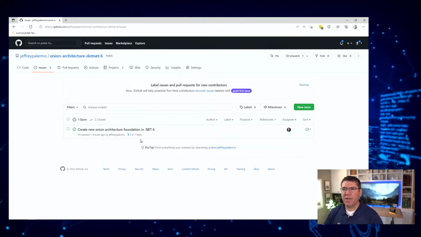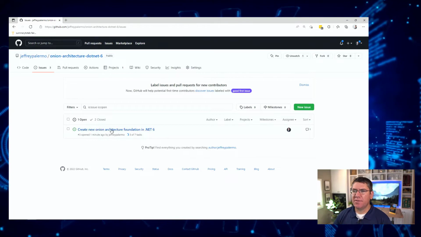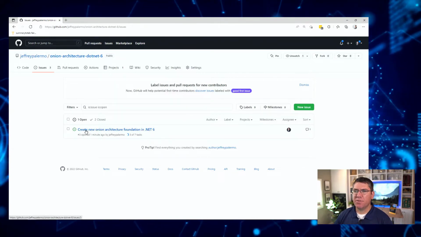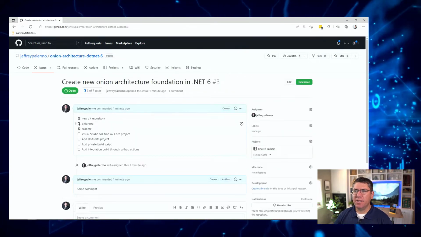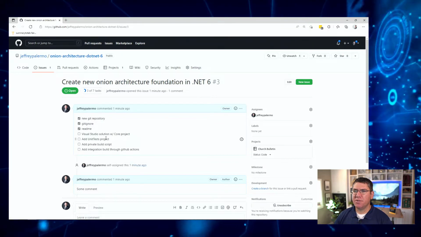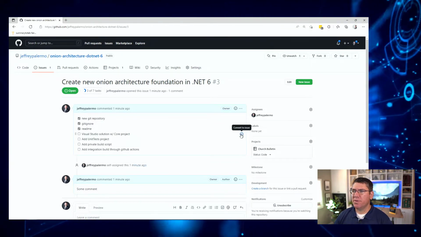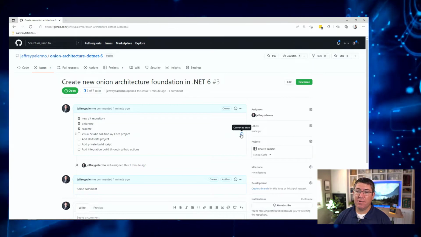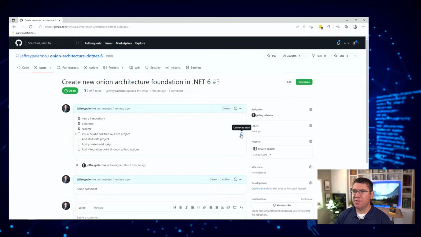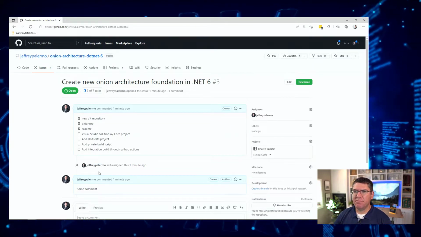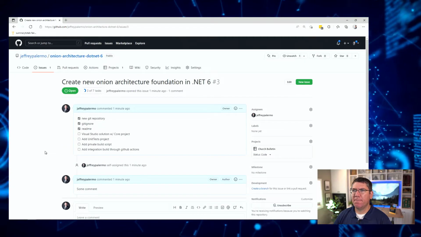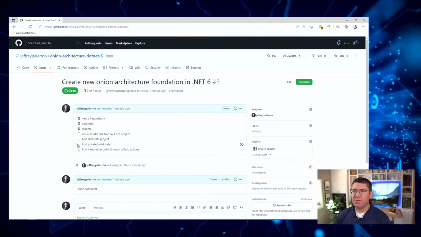All right, create onion architecture, 3 out of 7 tasks. It's number 3 for our git commits, and we see, okay, Visual Studio solution with the core project is what we're doing, and of course we want to elevate a task to an issue. We can do that, but we'll just keep them in here. Okay, so let's go over to Visual Studio,